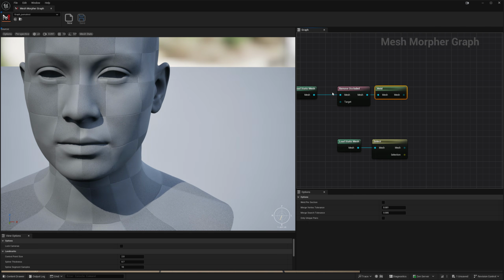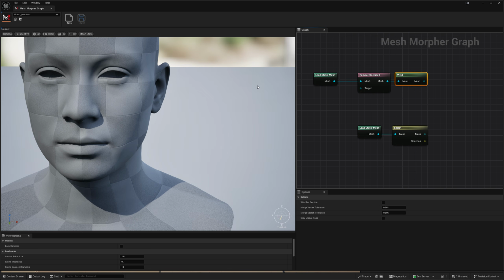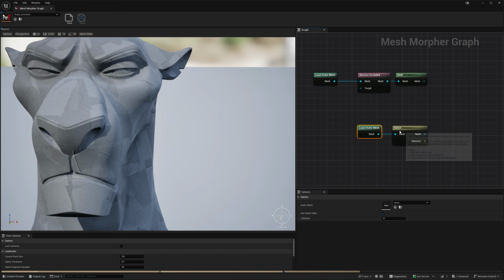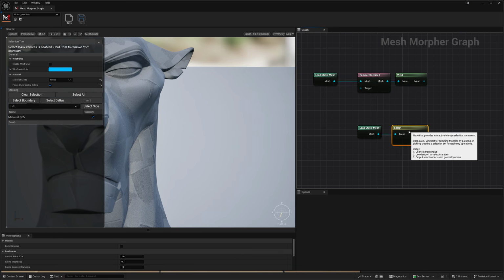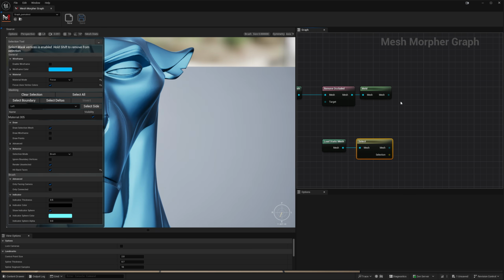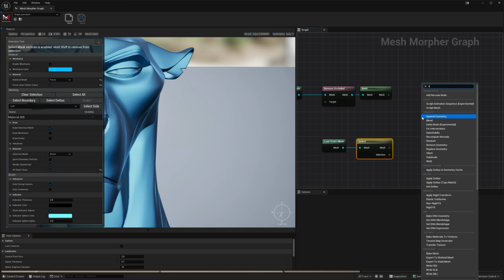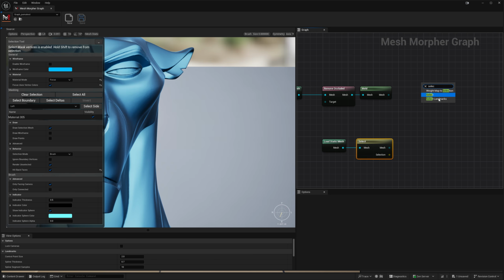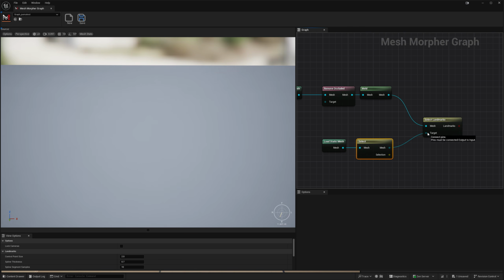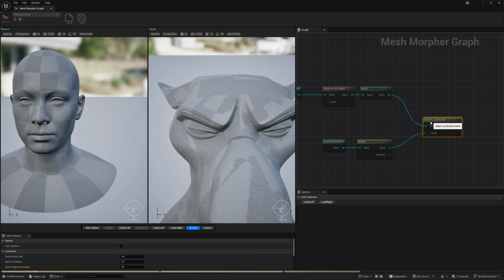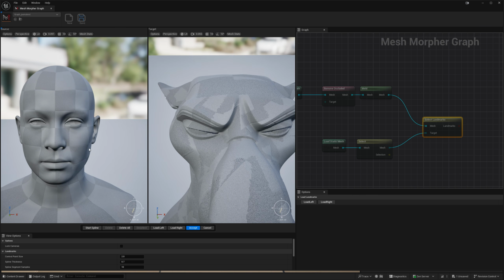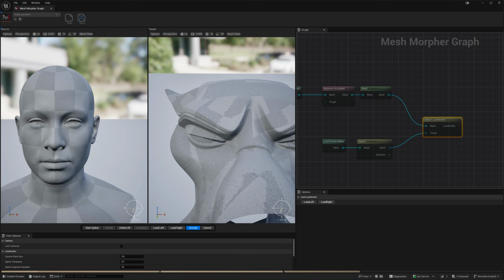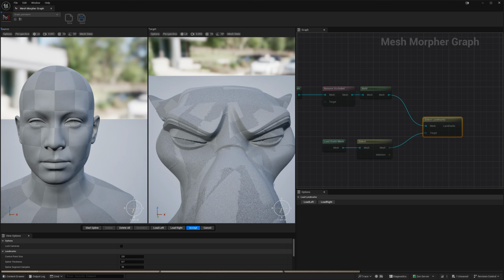I'm loading a static mesh, which is a MetaHuman conform mesh, and another static mesh, which is the target mesh. And to select the landmarks that we're looking into, just use the select landmarks node. And if we click the node, we will be able to see our landmark menu, right? So now we have